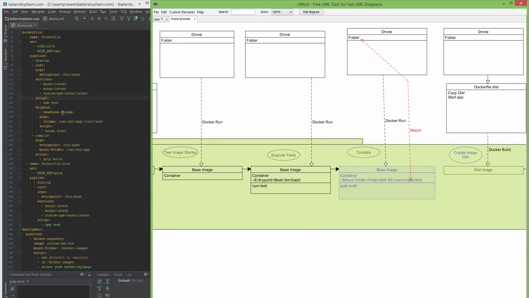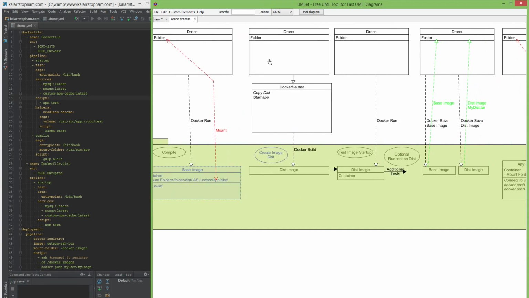Base image. So what's special about this? What's special is up here in drone land, drone cloned your project into a folder. And because drone can talk to Docker, that means that drone can also mount a folder in Docker, which means that we can perform a build command inside of our container and get data to go from inside the distribution version back up to the folder. Well, why is that important? Well, for our next step,